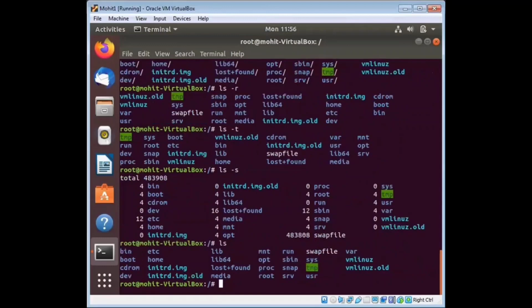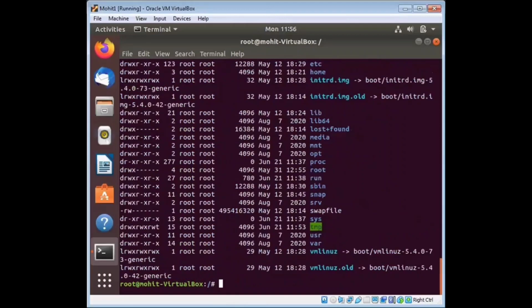When you simply type ls, it lists all the files, like bin directory, etc directory, home directory. So these are your files and directories. Now ls minus l is our first command of ls. In this, there are many fields: field 1, field 2, field 3, field 4. Field 1 is the file permissions.